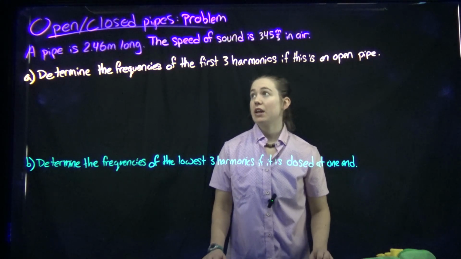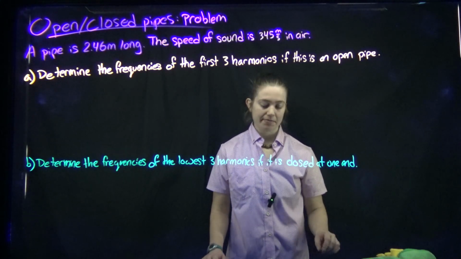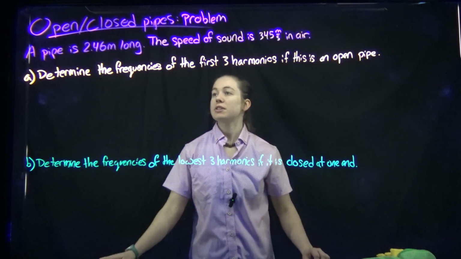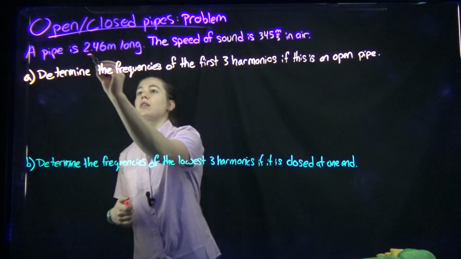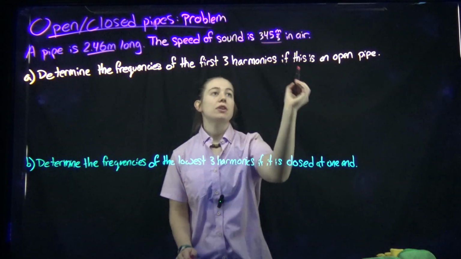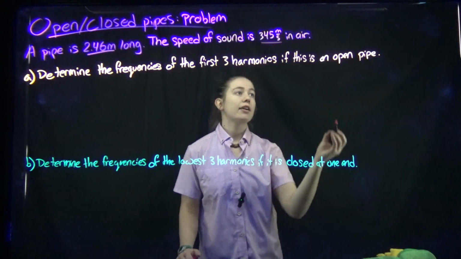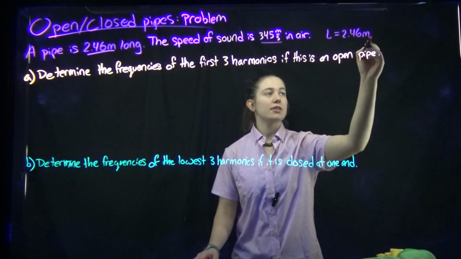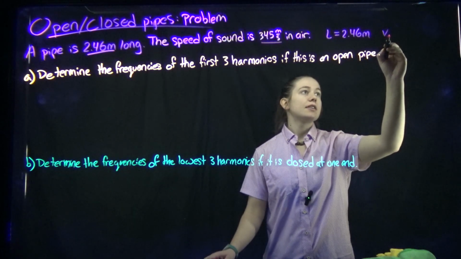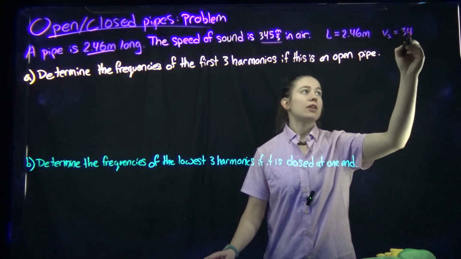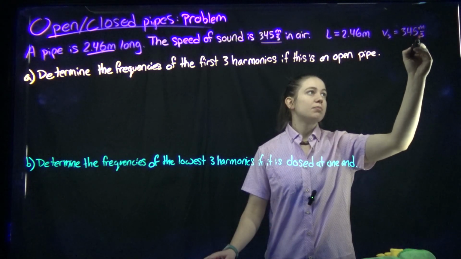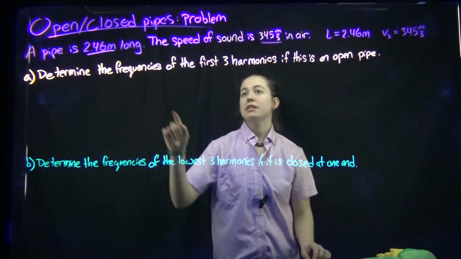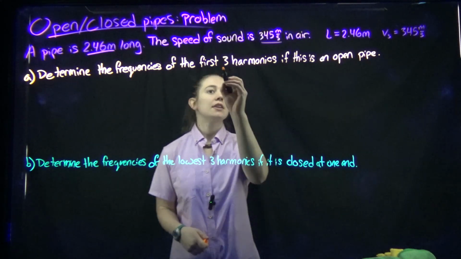Hi, here we're going to be doing a problem with closed and open pipes. So we're told that we have a pipe that is 2.46 meters long and the speed of sound is 345 meters per second in air. So L is 2.46 meters and the sound is 345 meters per second. So in part A, we're asked to determine the frequencies of the first three harmonics if it